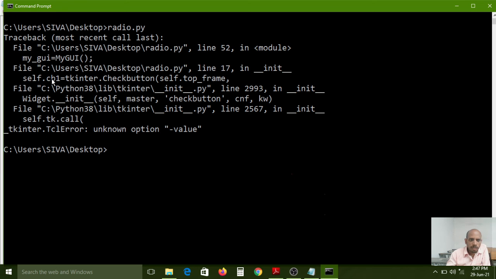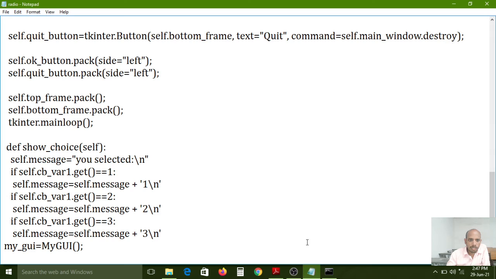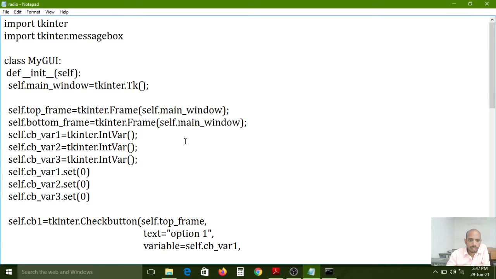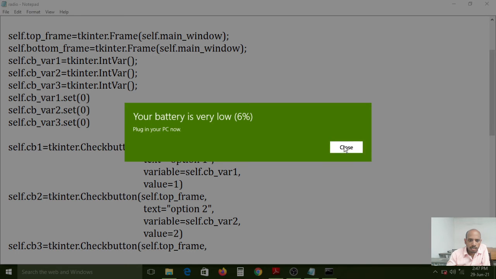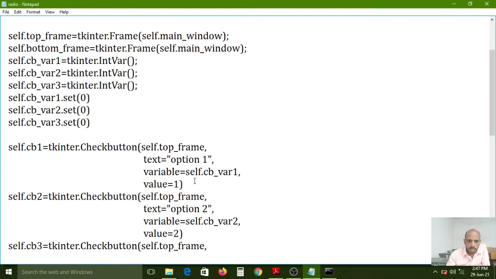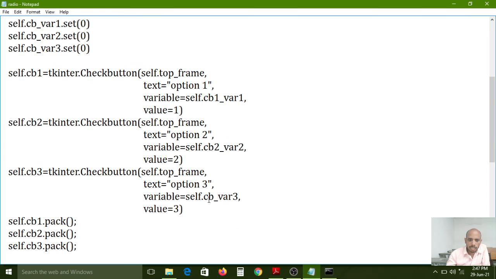Here self.cb1 with self.top_frame. So in the first value, self.top_frame option equal to 1, cb1, here cb2, here cb3.